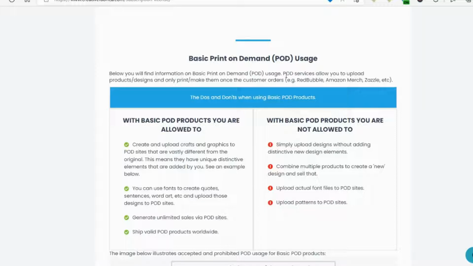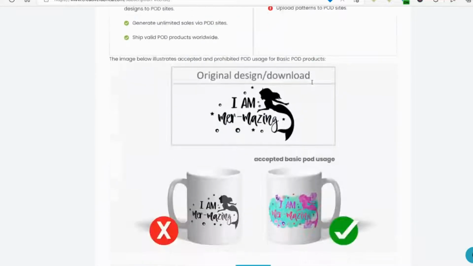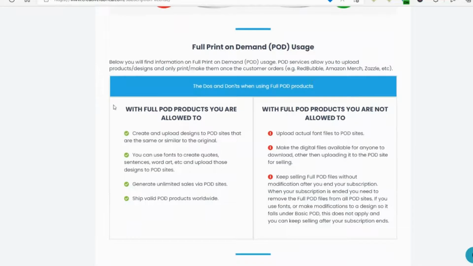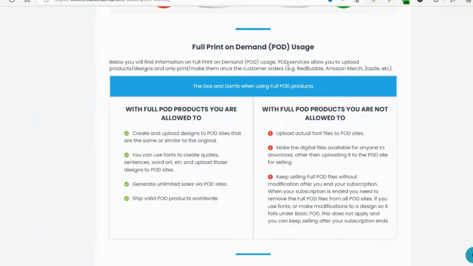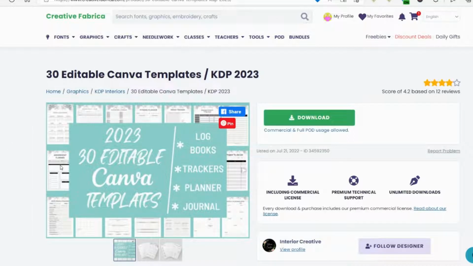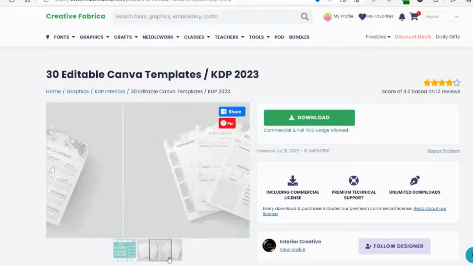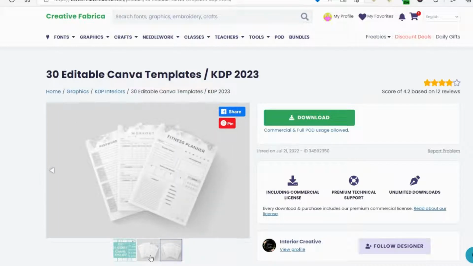So I've checked this, and when it says commercial usage is allowed, it's basically the same as this basic print on demand usage. Full print on demand usage is exactly what it says on the tin. Now, the difference between these two is that when you have a full print on demand license, as is the case in this template here, you can use this as it is. So that means that I can upload this document as it is. You don't need to make any changes whatsoever,